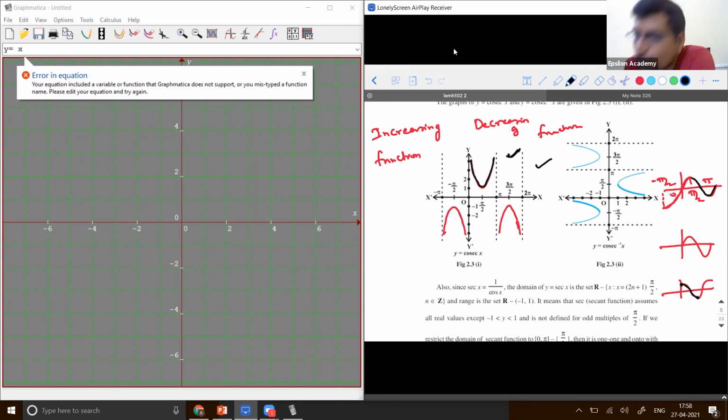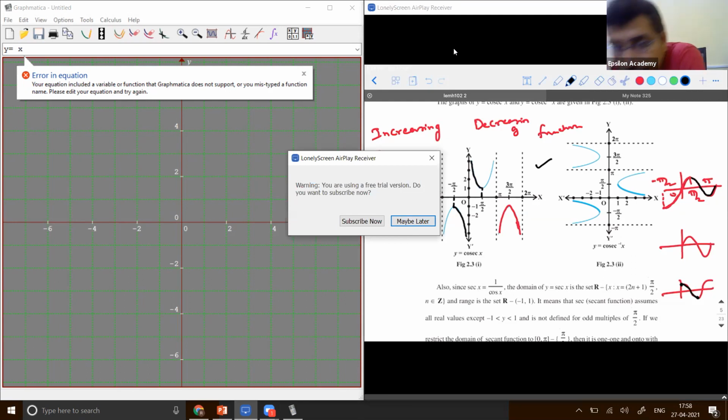No, sir. Then the other option I need to check is between minus pi by 2 to pi by 2. If I restrict to minus pi by 2 to pi by 2, from minus pi by 2 to 0 it is decreasing, going down, and from 0 to pi by 2 also it is going down. But an important point to be noted here: at 0, what is happening? At 0, it is not defined at all, because it is nowhere on the graph sheet. It is going till minus infinity here and till plus infinity here.